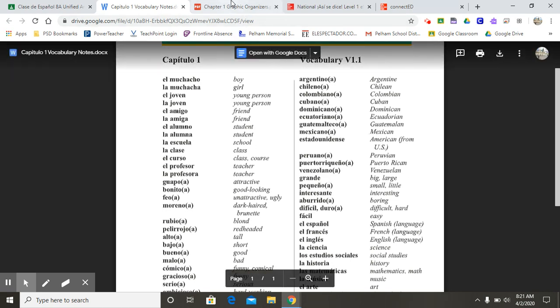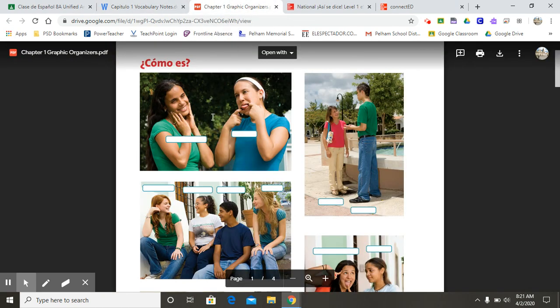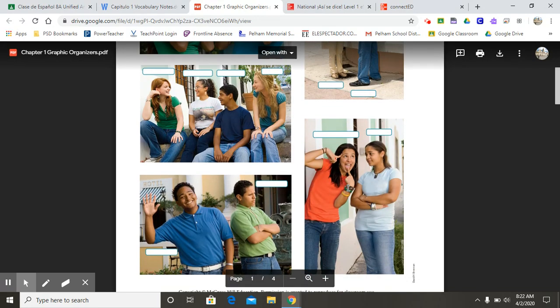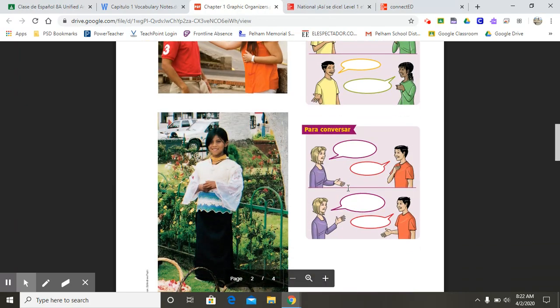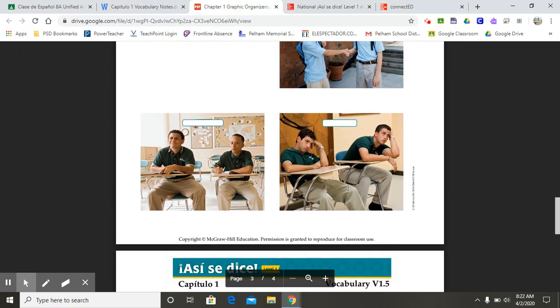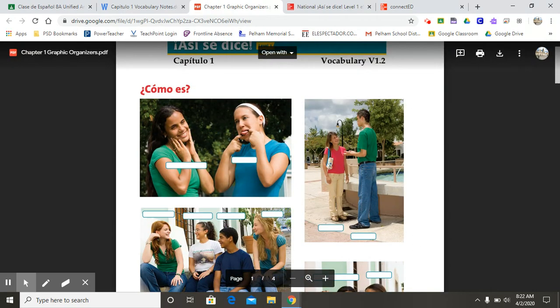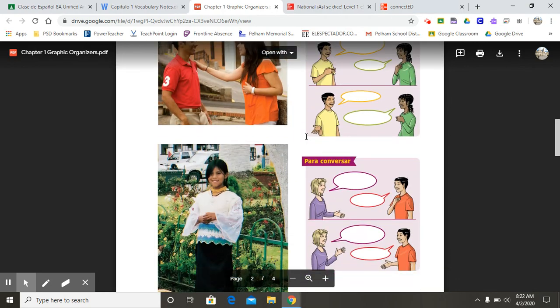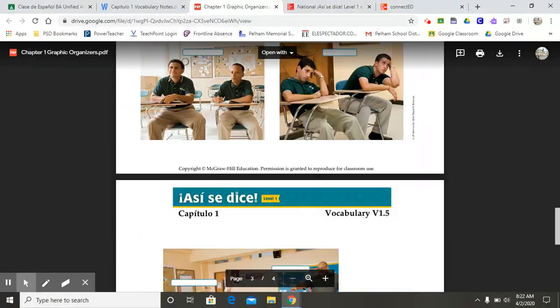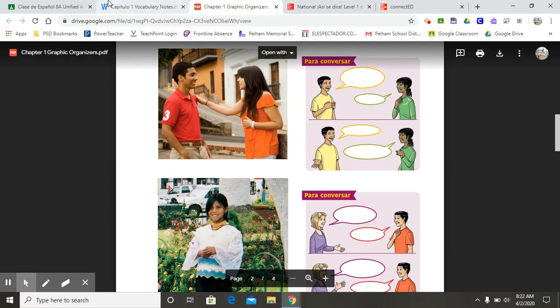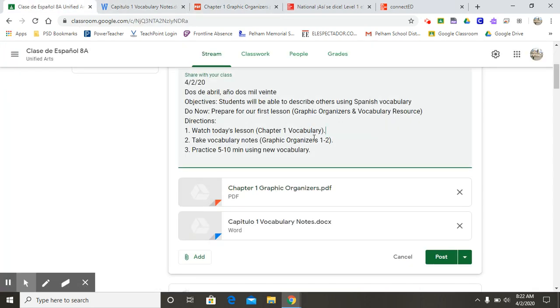You'll also want to have, I also attached this, which is graphic organizers from the textbook. Now, this is the same thing we're going to look at in the textbook, except as you can see, the vocabulary is not there. I would like you to print this out. This is the entire vocabulary for this chapter, all right? We're not going to do all of this today. Today, we're going to look at this page right over here, number 1, and page number 2. So if you can print out all of them, it would be a good idea. And then today, we're going to use pages 1 and 2, as you can see here. All right, graphic organizers,